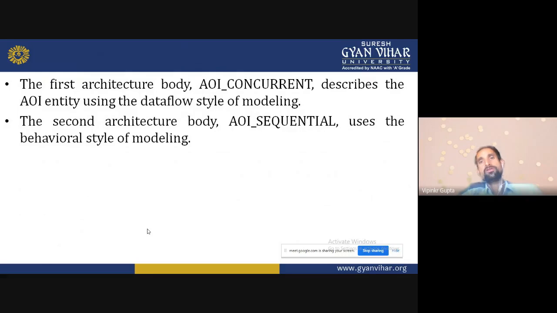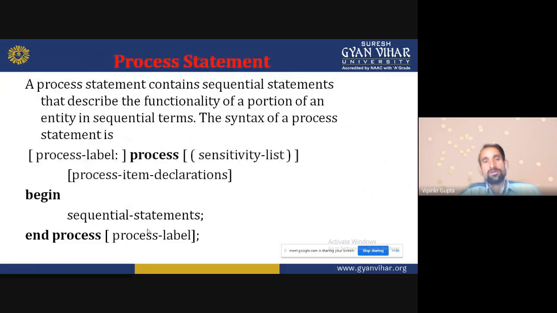The first architecture body, AOI_concurrent, describes the AOI entity using the data flow style of modeling. The second architecture body, AOI_sequential, uses the behavior style of modeling. Now the process statement. I used process in the previous example also. A process statement contains sequential statements that describe the functionality of a portion of an entity in sequential terms.